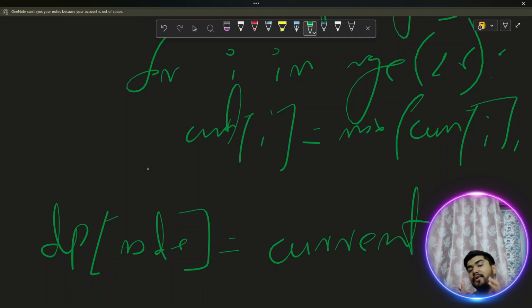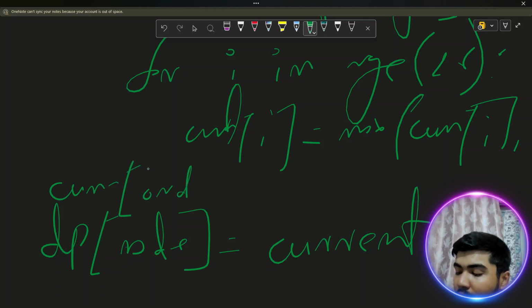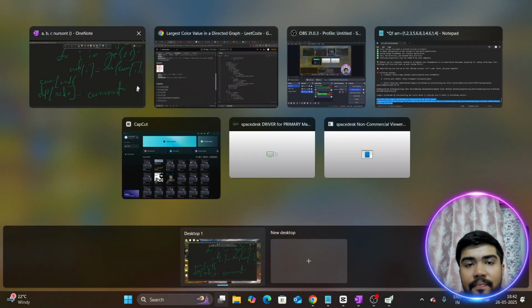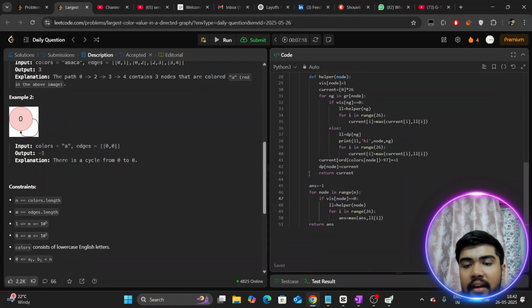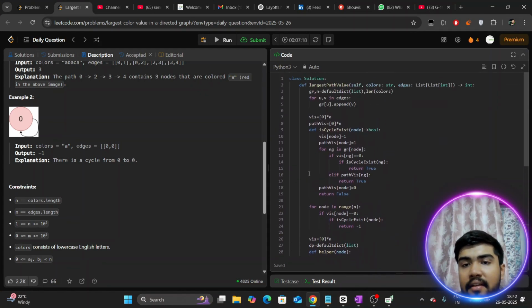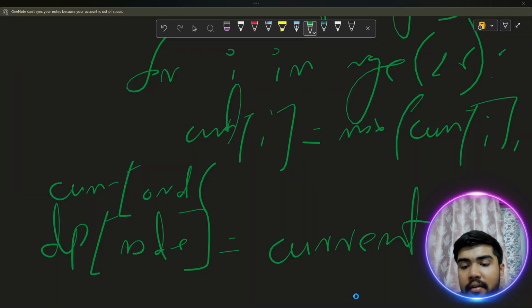So now are we good? I guess we have missed one more case, because we have not considered the current node's contribution. So let's do it. For the current node contribution, we take the ordinal value of what they have given to us. I guess they have given us colors, right? So we are going to take ordinal of,